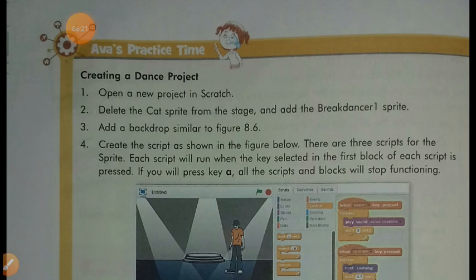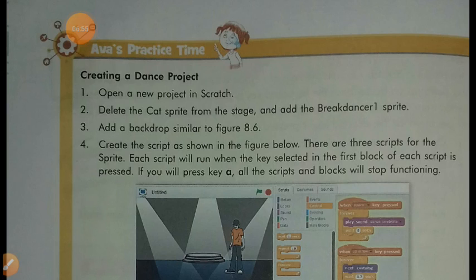First of all, you have to open a new project in Scratch, and then delete the cat sprite from the stage and add the Break Dancer 1 sprite, and then add a backdrop similar to figure 8.6. You have to add a background like figure number 8.6,